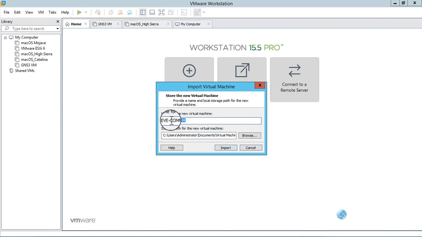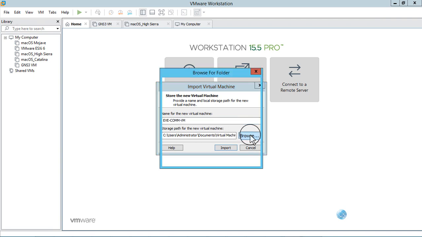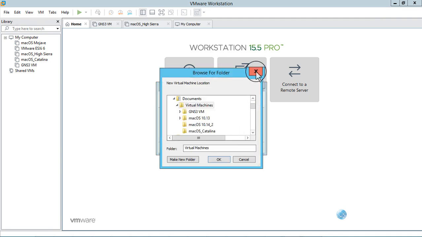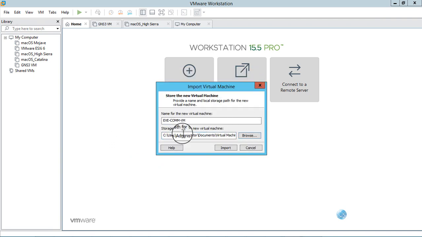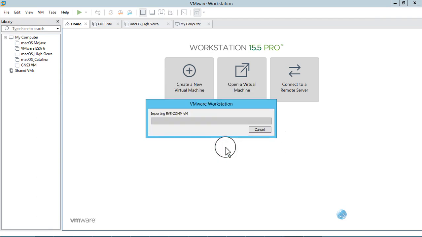If you want to change the name, you can change the name. If you want to change the path where you want to store this VMDK file or this virtual machine, you can change. Just click on the import button. It will take 3 to 5 minutes, depending upon your system speed, your system specs. It totally depends upon your workstation.